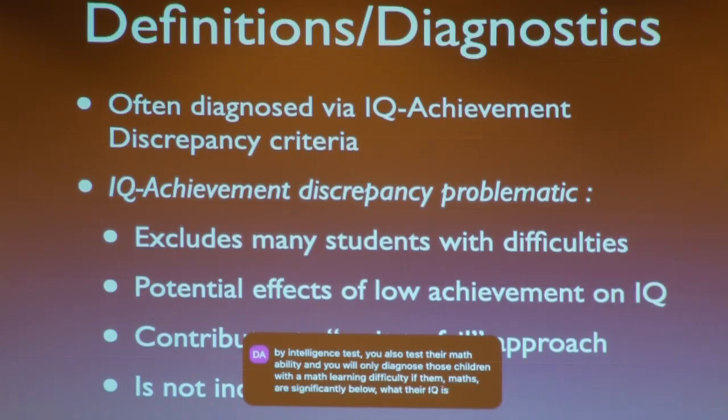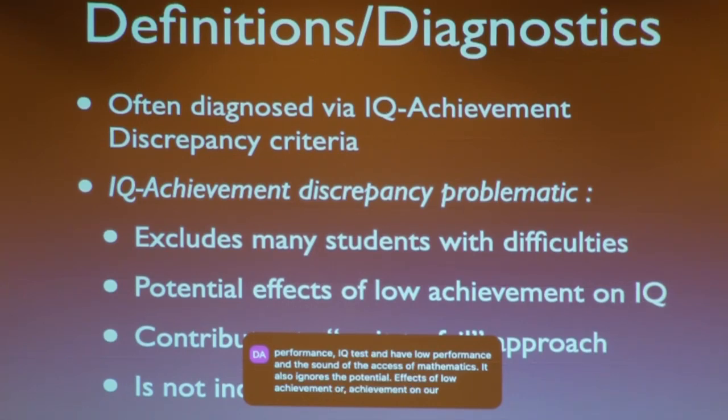Now, this is highly problematic because it excludes many students with difficulties, students who have both relatively low performance on an IQ test and low performance on the standardized test of mathematics. It also ignores the potential effects of low achievement on